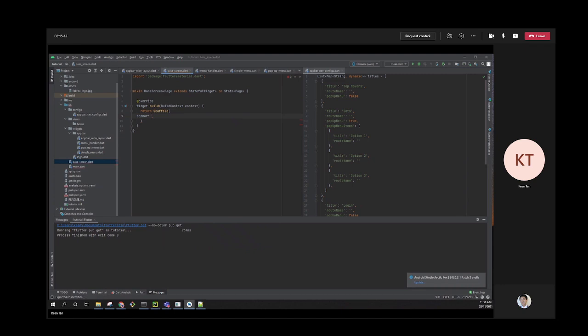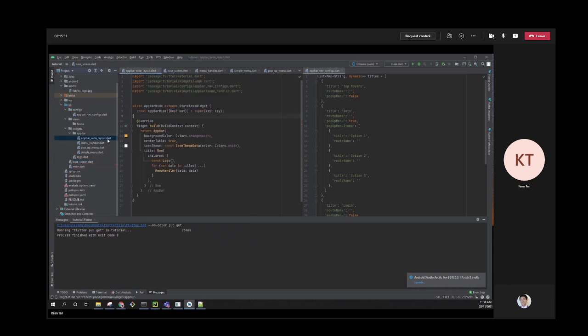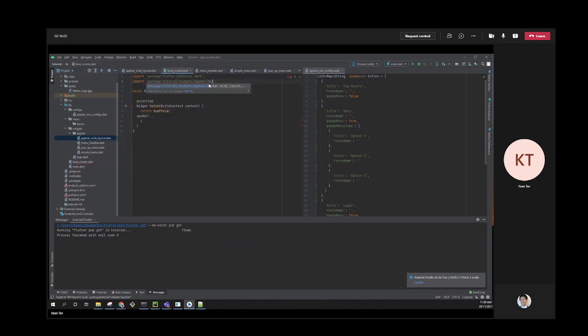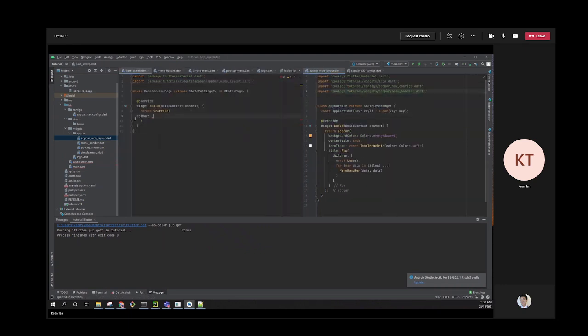Just gonna import the Appbar that we just created, right? So import widgets Appbar, and the main Appbar function is this one, and all the other menu handler, pop-up, simple, they are all used in the Appbar white layout, and then the Appbar white layout will be imported into the base screen. So we're just gonna import this. We're gonna move this. So Appbar, and to use that,